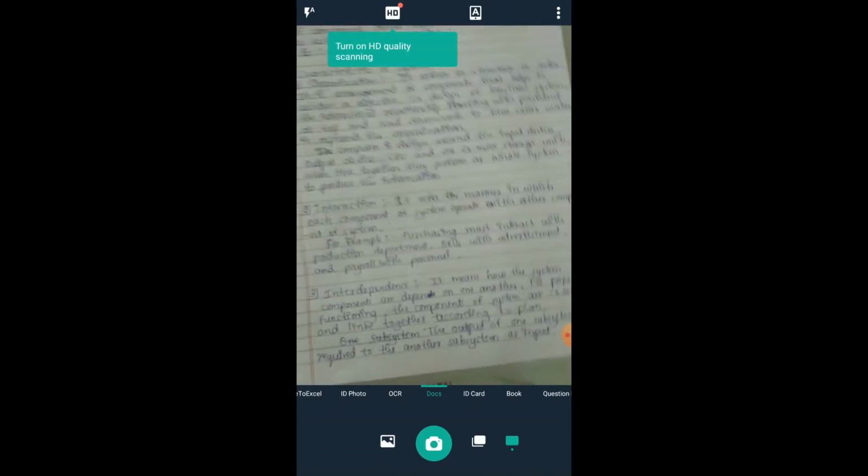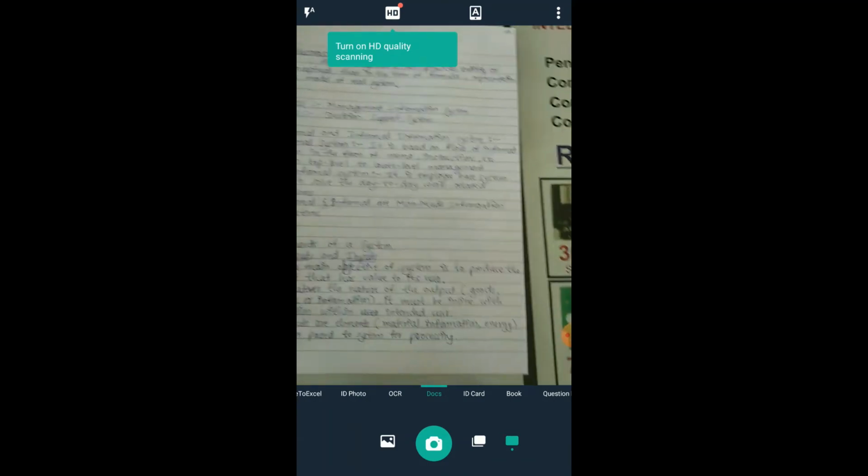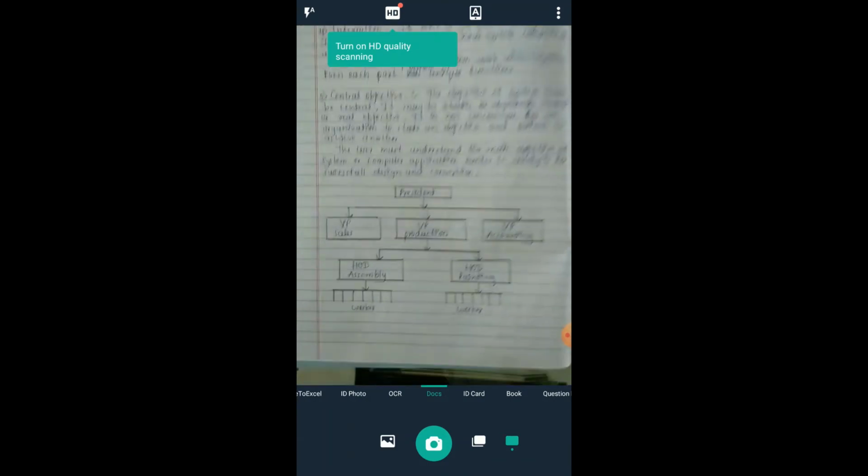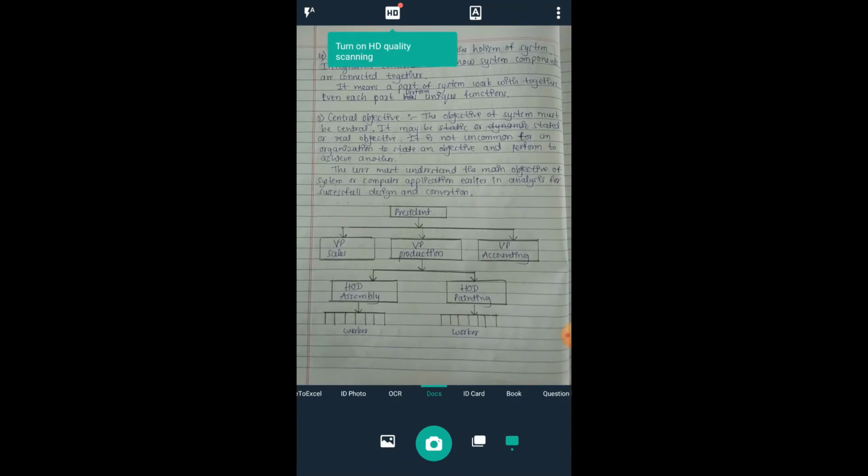The same way you can add many pages. Tap on add another page. Maybe I want to add the second page also. So here I have, I'll select this. I'll click on the camera button again. Maybe this is the content I want to scan.